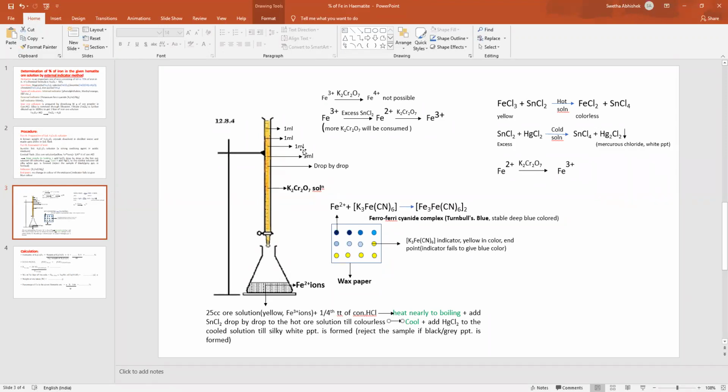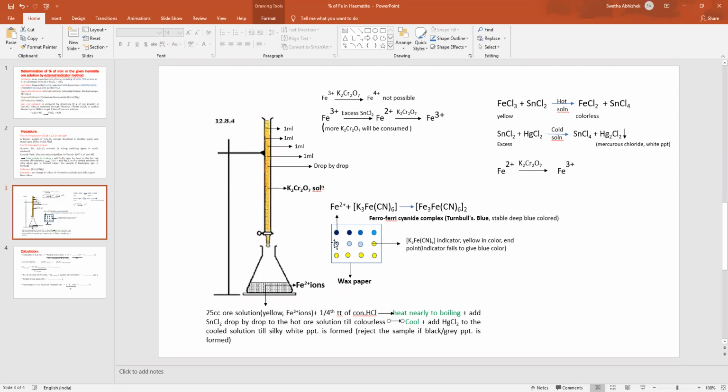Now we added 1 ml, that is a total of 3 ml. Now you add 1 more ml, that is 4 ml. Again repeat the procedure and bring the reaction mixture in contact with the fourth drop of the indicator. Again it may give you blue color, but here it is somewhat light blue. Similarly, if you continue, you may get a pale blue color. When pale blue color is observed, you can imagine that ferrous ions are almost exhausted.